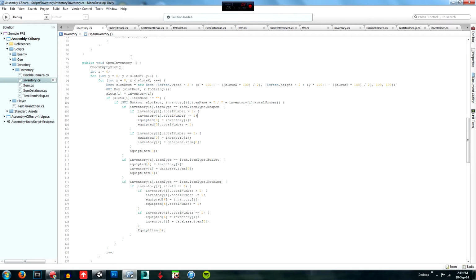Say if we have 3 M9s in our inventory in a stack, if we click on that inventory button, it's going to subtract 1 from the total, so you have 2 left over up here, and it's going to send 1 down here. So then it's going to call inventory[i].totalNumber minus equal to 1, so it's just going to take 1 off the top, and then it's going to go